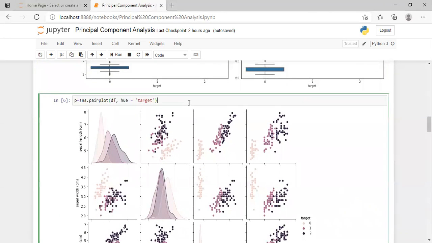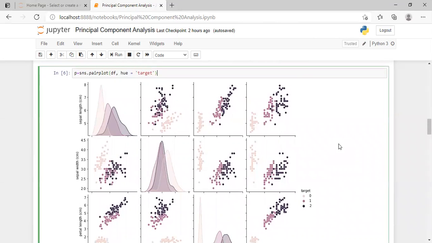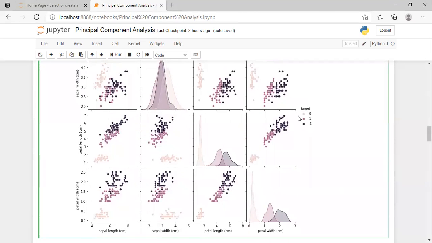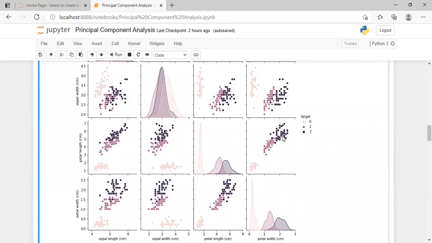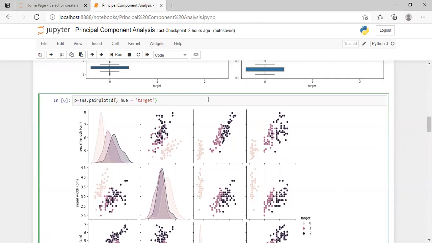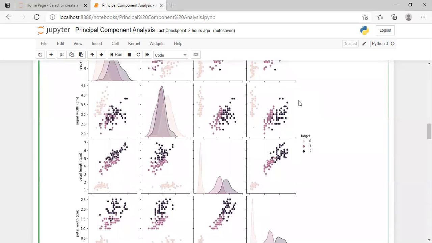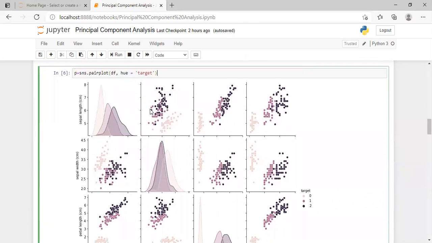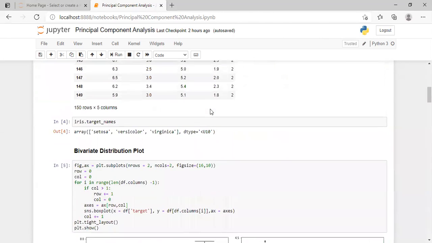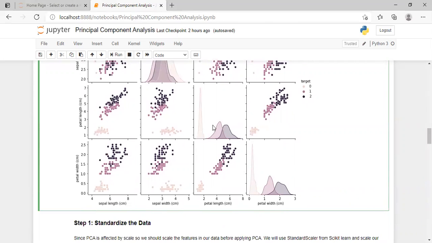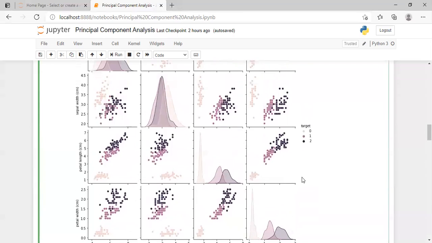Again, this is another pair plot. I've made the distribution plot of the different features with respect to their target variables, and I've used the Seaborn library. As you can see, we get very nice plots from it. We can see that most of the distribution of Setosa is right-skewed, and the other 2 are normally distributed, or you can say they are also right-distributed.